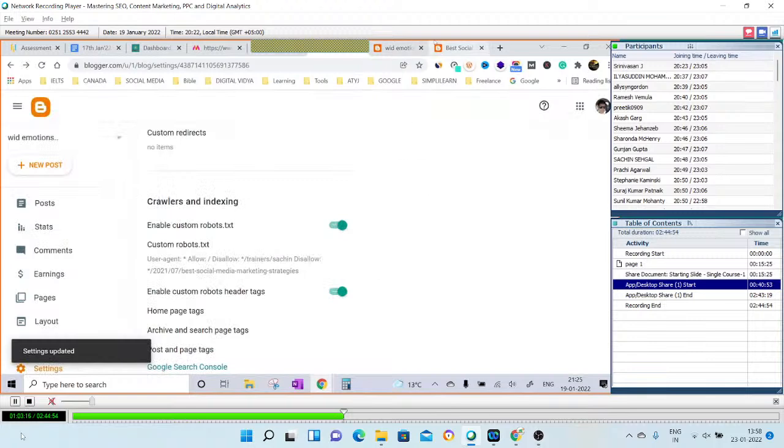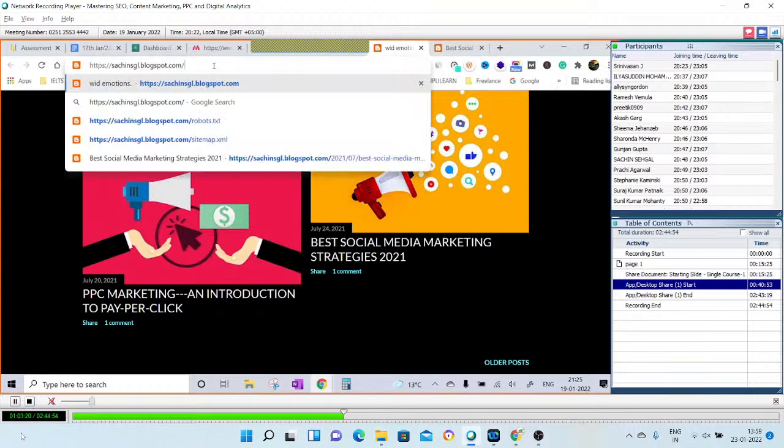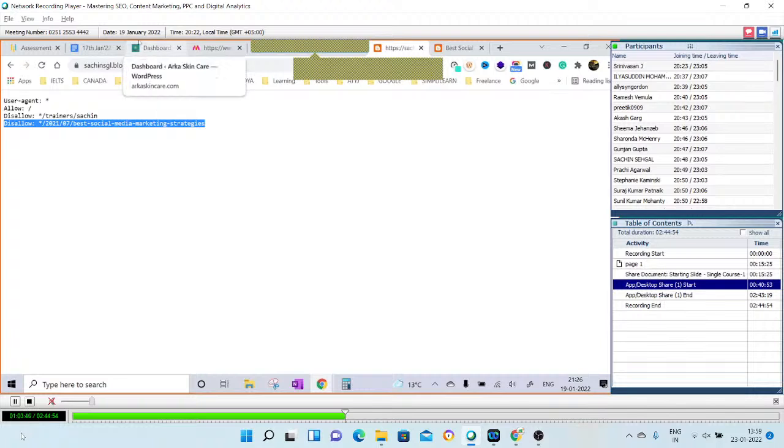Now the crawler would stop everywhere, but the crawler would not stop on this page. You can check again if the file is updated or not. So, robots.txt, and let me just refresh. You can see this page is also now disallowed. Everyone got it? Everyone with me? That is how we have done it on Blogger. So you understood what robots.txt is, and now you know how to do it. The same way you will see on WordPress also.